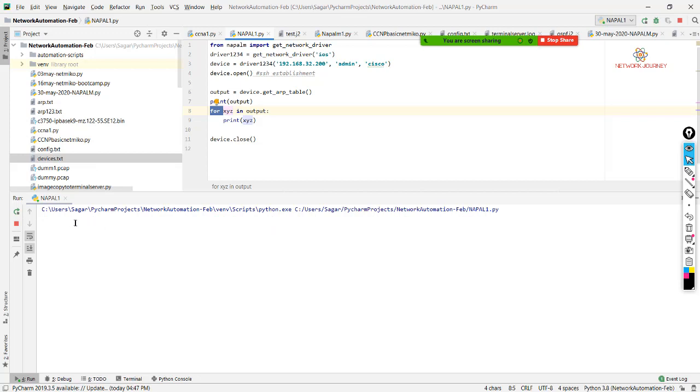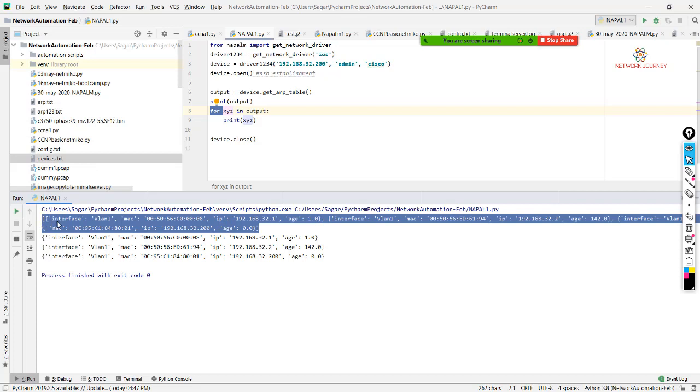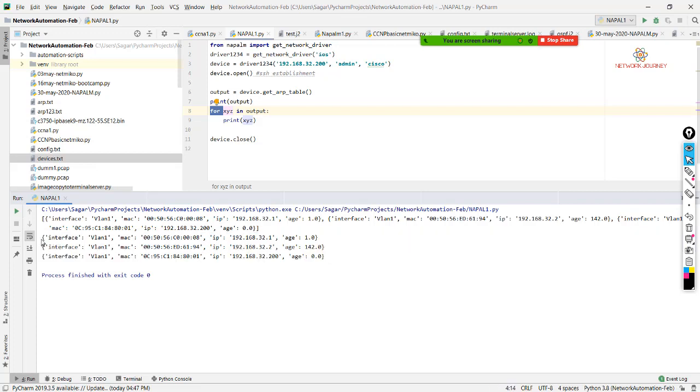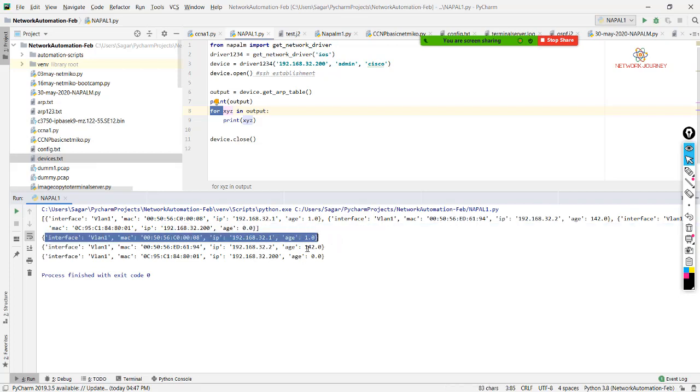One is the normal behavior of NAPALM and the other one is the for loop, right? So this is the normal behavior, which is not very user friendly. How about this one? Like we can still understand what exactly this is. So I took the for looping output, so one after one, below one line.